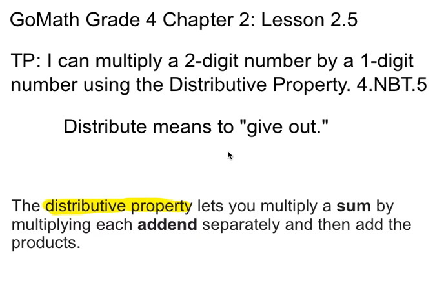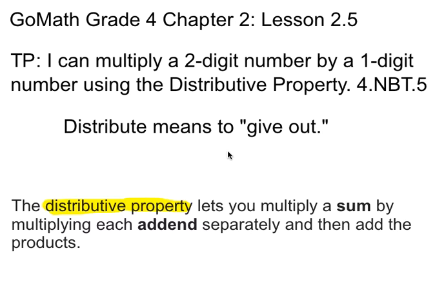I'll be looking at GOMath, Grade 4, Chapter 2, Lesson 2.5. The teaching point is I can multiply a two-digit number by a one-digit number using the distributive property, which is standard 4.NBT.5. So looking back at the teaching point, we are today only going to be multiplying a two-digit number